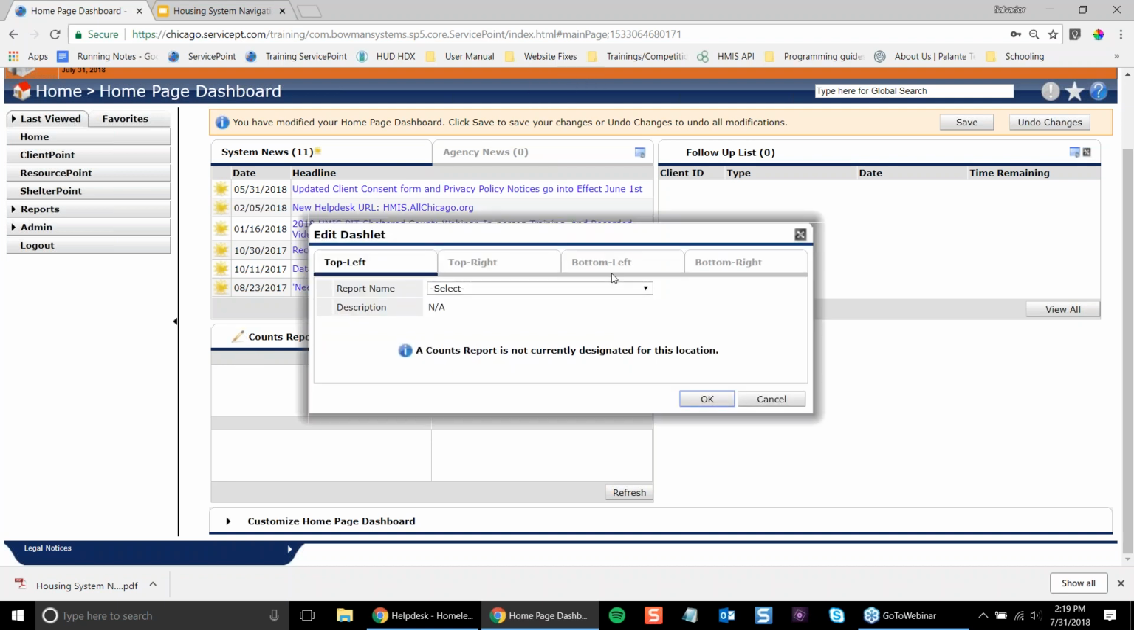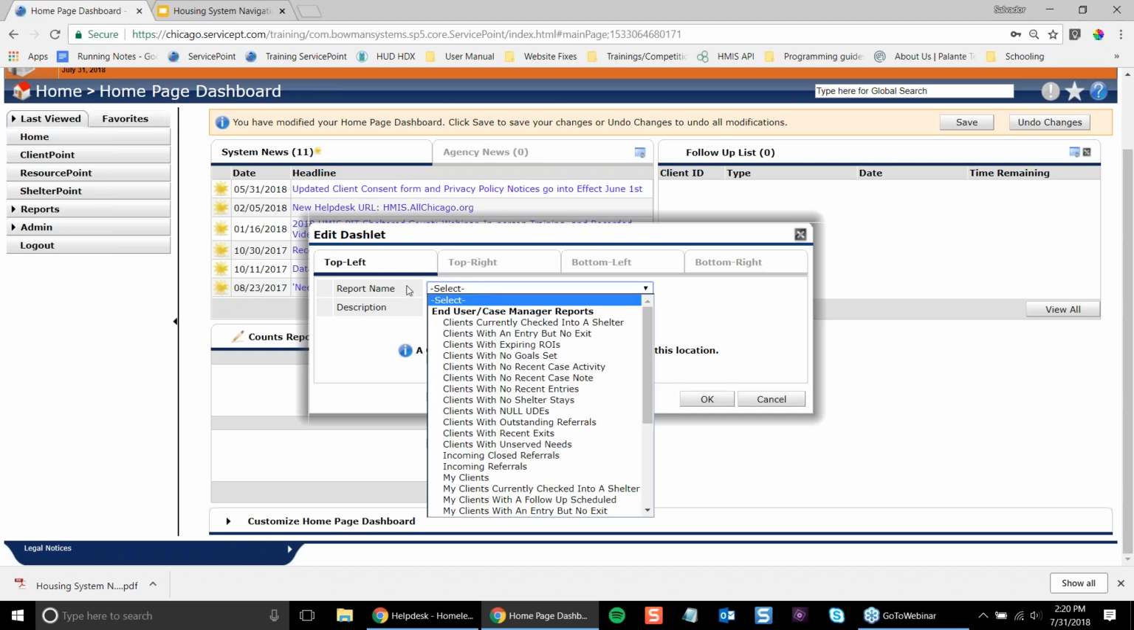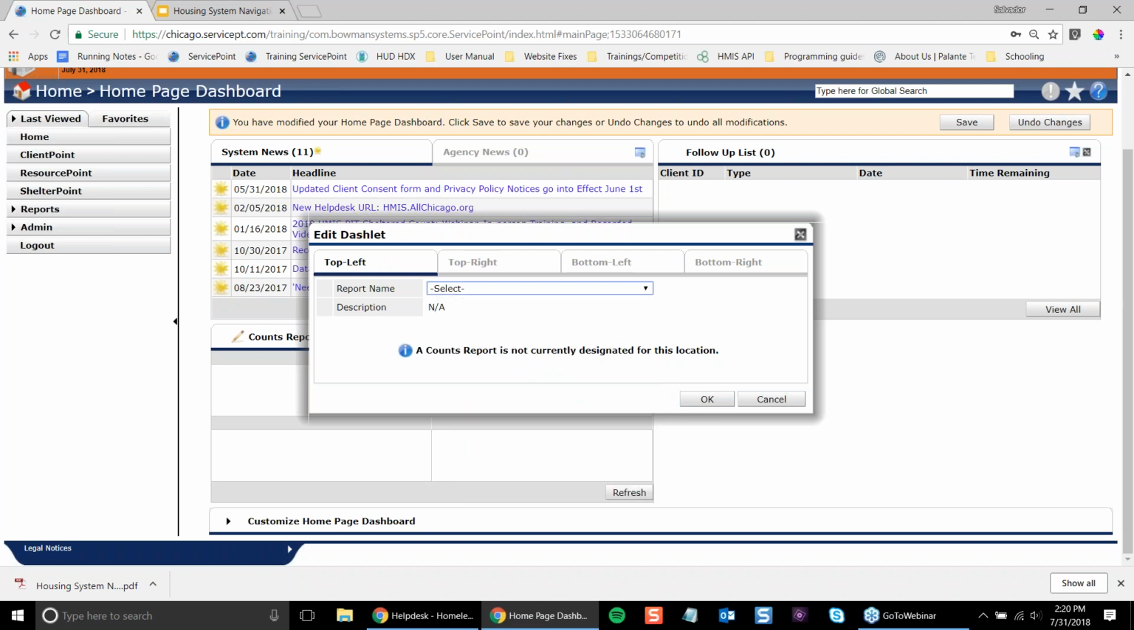And the most critical report name that we have to have is going to be incoming referrals. So we are going to put this into the top left quadrant, and the report name we're going to be looking for is incoming referrals. So click on incoming referrals,